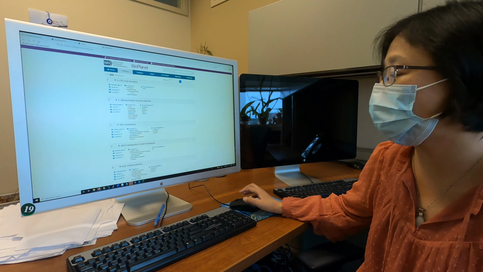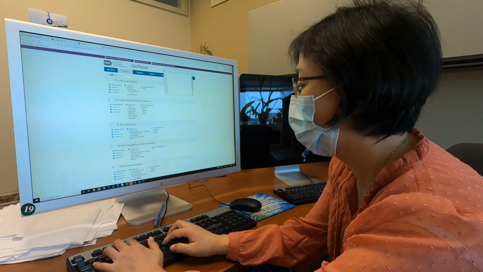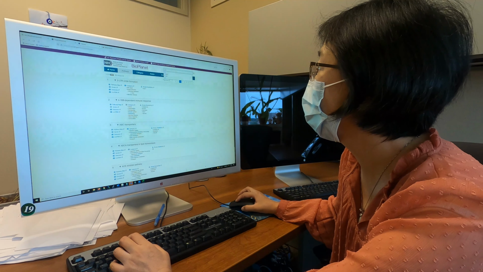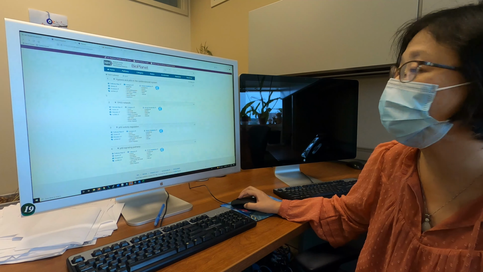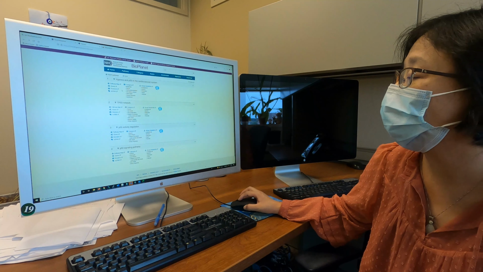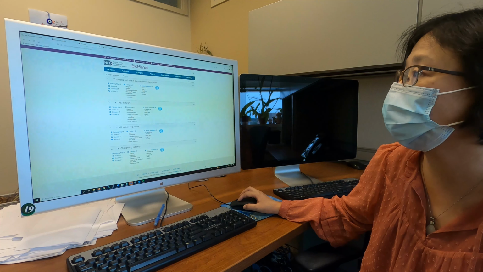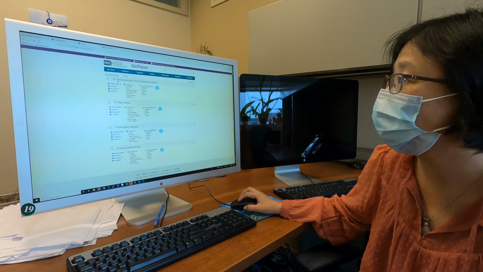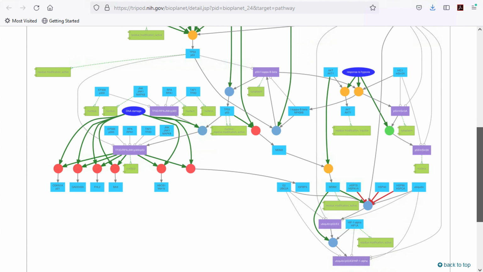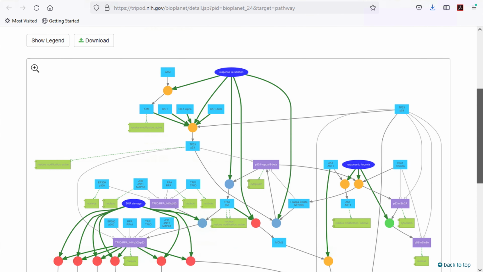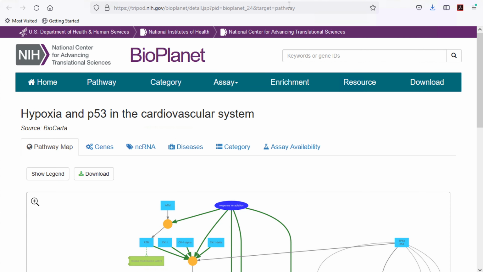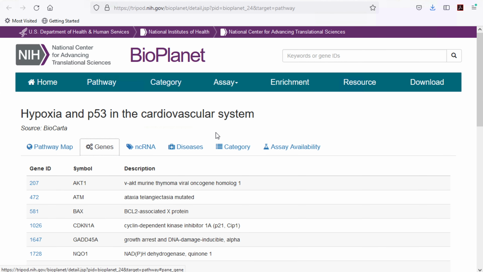Here you can search by, for example, a gene ID, and then you get all the pathways, in this case related to p53 signaling. And then you can look at the pathway map and all the genes in this pathway.